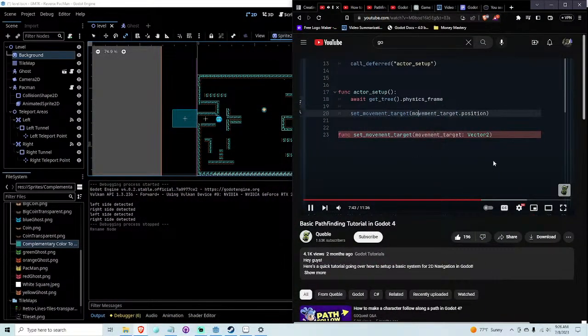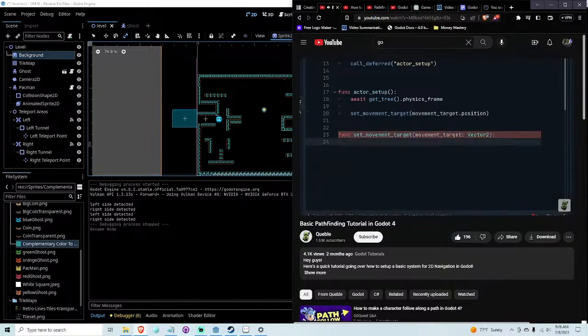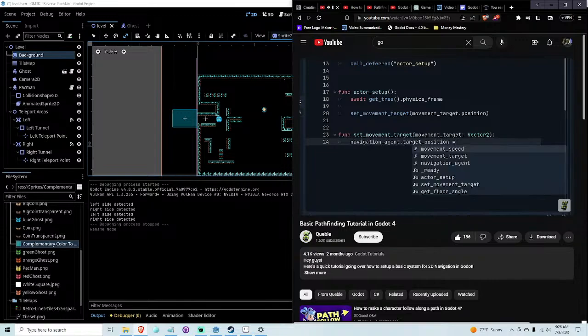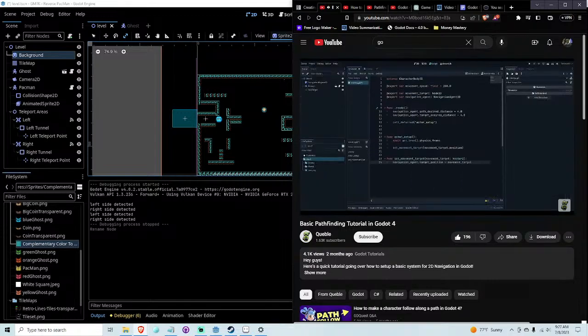retrieving the position of this movement target. And then back down here in our function, all we have to do is say navigation agent dot target position, and we'll set this equal to our movement target. I actually just realized that these are named the same thing, so I'm going to fix this quick. For the movement target inside of our method here, we'll call it target point, and then just replace the assignment here with the target point argument, and then we won't have any confusion with the same name as this